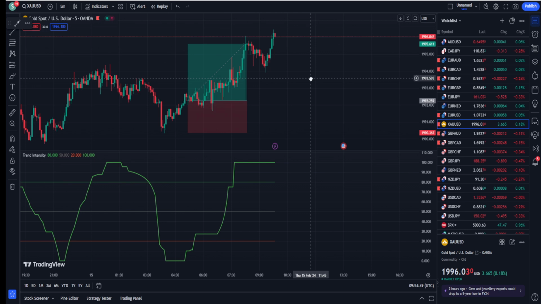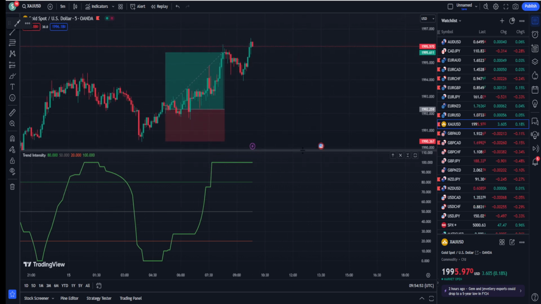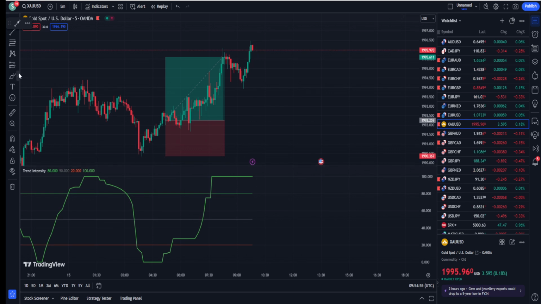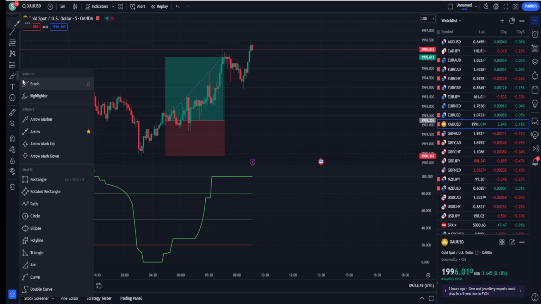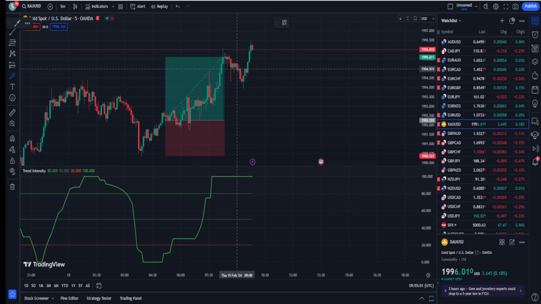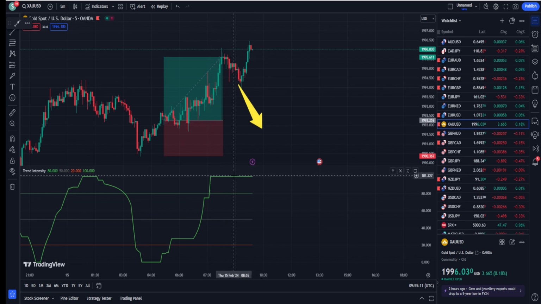Okay, now for example, I'm pretty sure the traders who are new to trading must be making a mistake that they go into sell positions very early. Like from here, maybe they are into sell, and now you can see the market has reversed again. But look at the direction of the trend intensity. What is it telling you? That it is quite straight. So straight means that you don't need to go for a sell, and even there is no need to go for a buy. Wait for the market